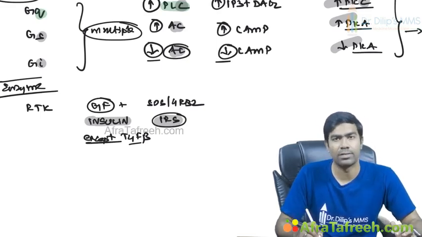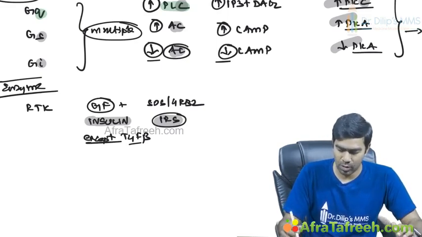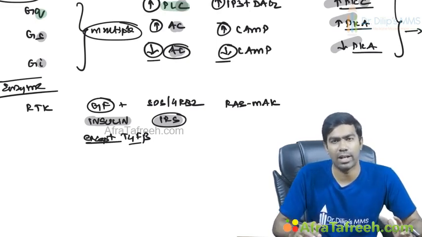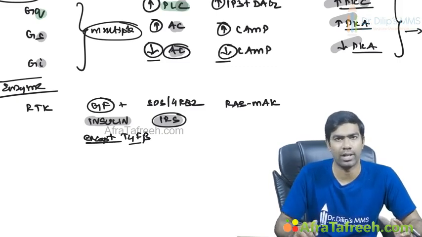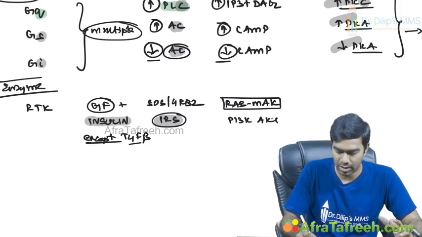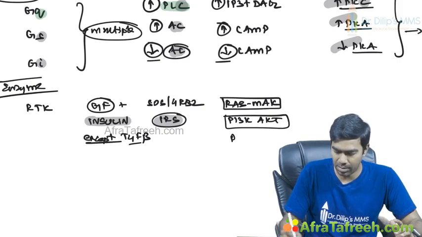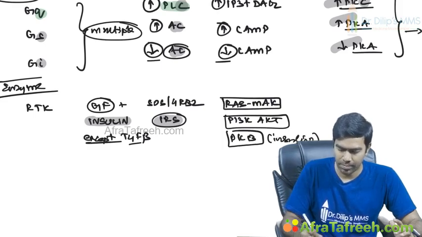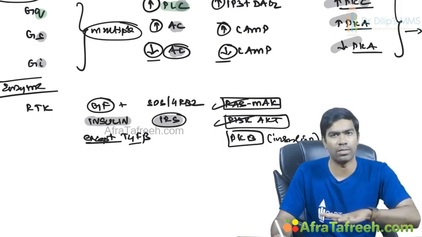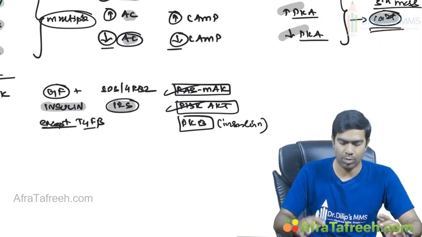Fine. What are the effects? Effects, two pathways are there. One is the RAS MAP kinase pathway. These are the proteins that are activated, isn't it? These are the ones that are going to act as second messengers. This is RAS and MAP kinase. Similarly, you have PI3K and AKT. And this protein kinase B, this is especially important for insulin. We saw that already. This RAS and MAP kinase and PI3K-AKT pathway is universal for anything that works through this particular pathway, that is receptor tyrosine kinases. So what are the terminal proteins that are activated?